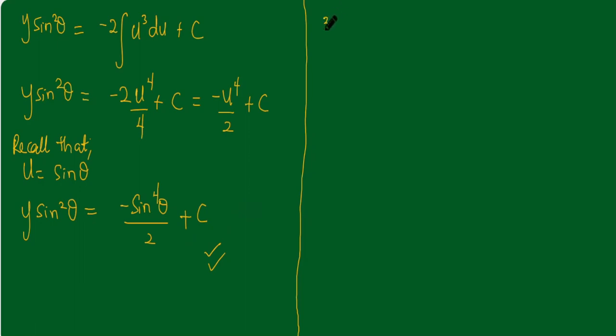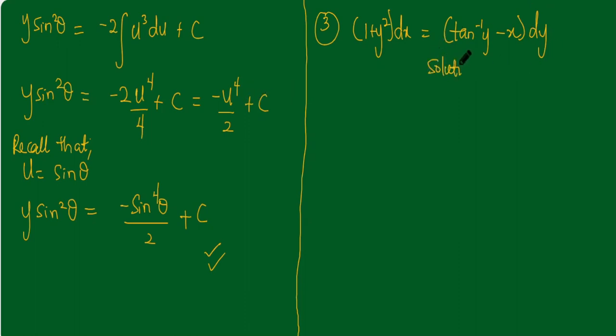Let's take a third example. So our third example, it's kind of different from the ones we have been doing, but it applies the same concept. So let's see. We have 1 plus y squared dx is equal to tan inverse of y minus x dy. Okay, so our first task now is to rearrange this and rewrite it in the form of dy dx